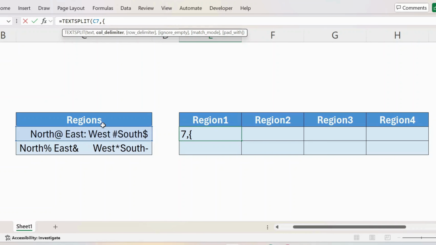I start with a curly bracket, double quote, and the first special character is at the rate, double quote close, comma, and the second one is colon, double quote, comma, and the third one is hash. The fourth one is the dollar symbol, double quote, dollar symbol, double quote, comma, and the fifth is the percentage, double quote, percentage, double quote, comma, and then the ampersand,